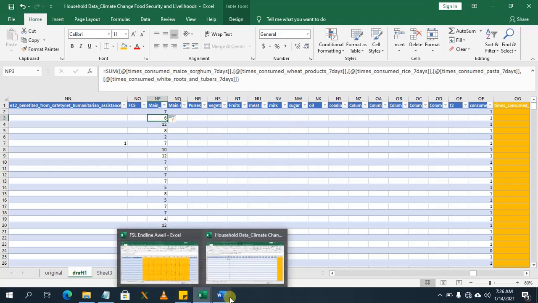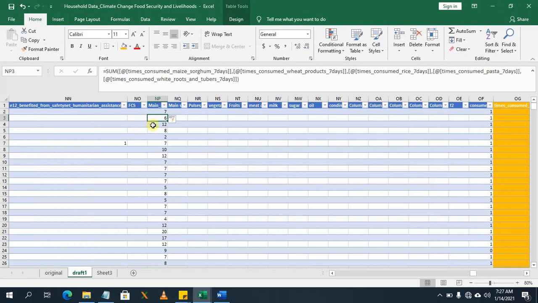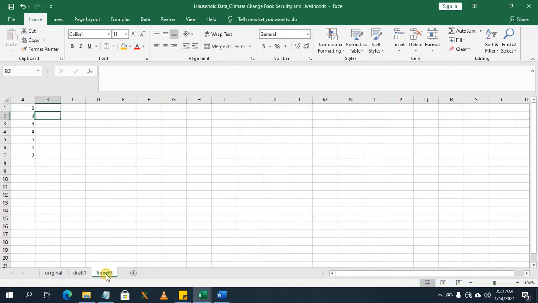Now, the next item that we need to know is after we've summed up that, any value that will be above 7, we are going to assign it as 7. So how do we do this? Now, if you look here, we have a value that is 8, 12, and all that. Now, what we need to do is to come here and create a lookup table or a lookup array. And for this lookup array,